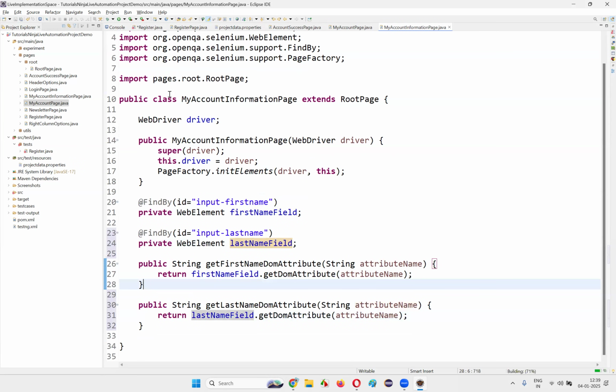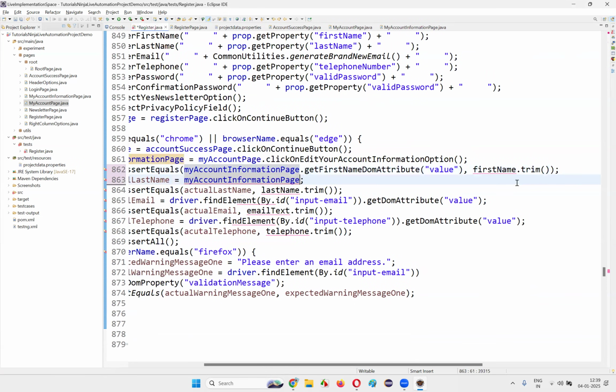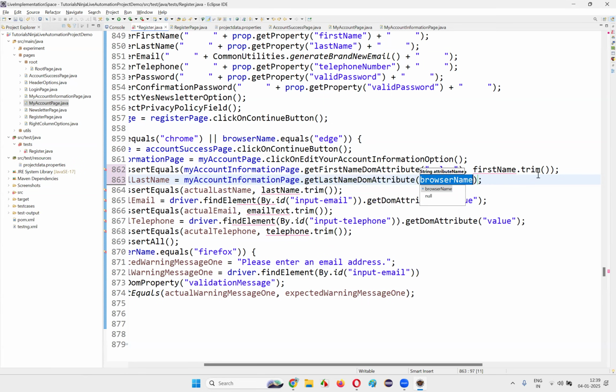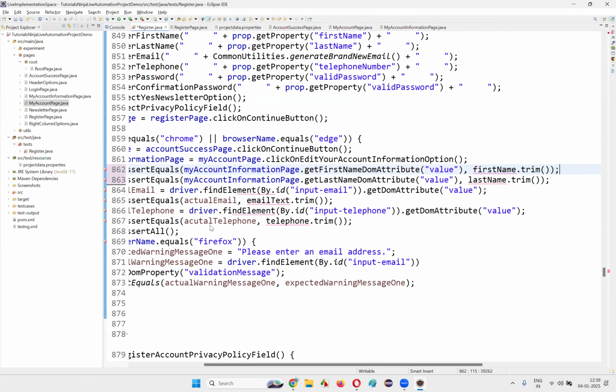Save this. Come back here to the Register.java and write down myAccountInformationPage.getLastName, and here the value I need to pass. And this part you cut it from here and paste it in place of this one so that this line can be reduced. Next one, in the email field, copy this email field and come back here and create a